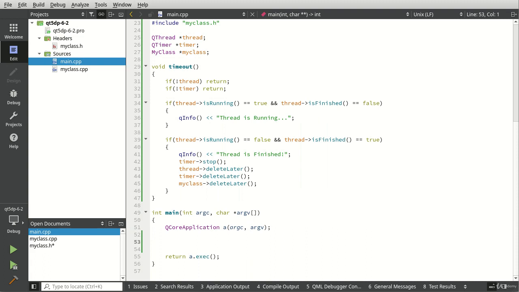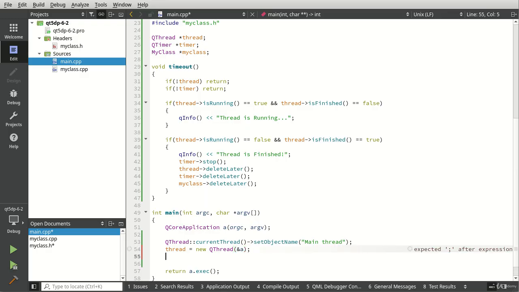All right, so one thing we're going to do right off the bat here is we're going to say QThread, if I can type, current thread. I want to set the object name here. That way we know what is the main thread and what's not the main thread. And then I'm going to say new QThread. Now you may be saying, wait a minute, if you're setting the parent, why do we need to do the delete later? You really don't need to, but in practice, when you're done with the object, you should get rid of it. So timer,